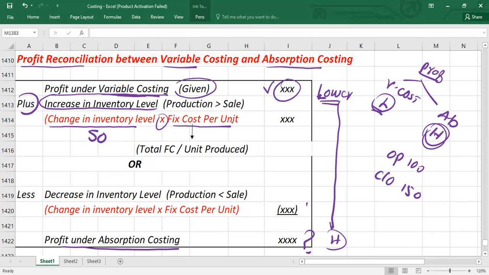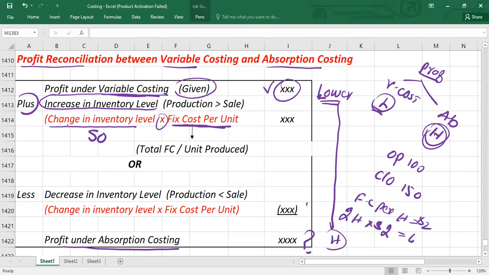If fixed cost per hour is available, for example, if we told you in the question fixed cost per hour, let's assume, is $2, and for 1 unit you need 2 hours, what you will do is 2 hours times $2, which is the rate for each hour, and you will get $4. So you need fixed cost per unit here, not per hour.